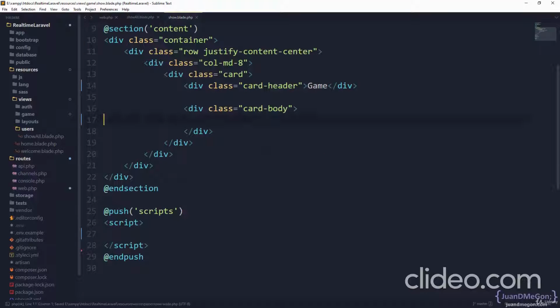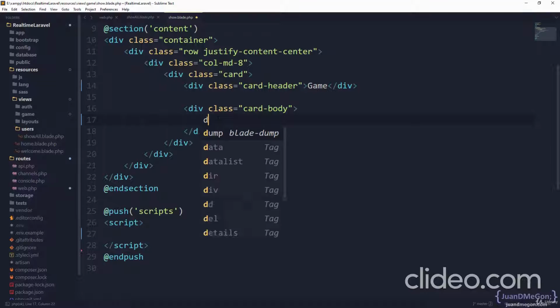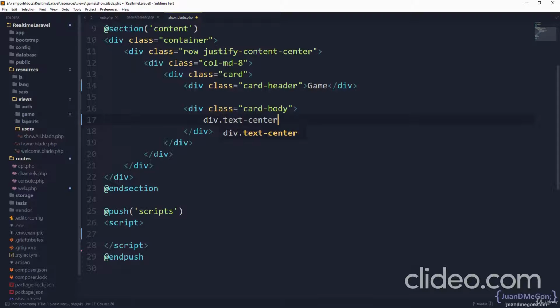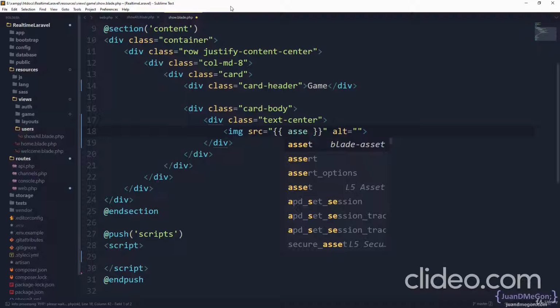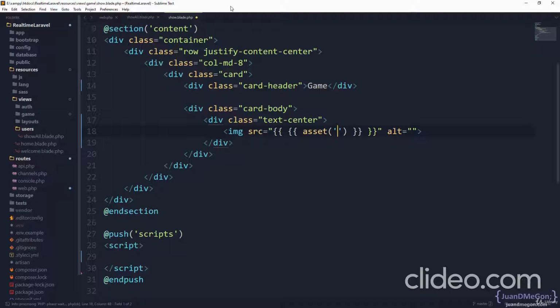So in the card body, we are going to put, of course, the contents of the game. So let's put everything in the center. So we are going to have a div with text center, and inside we are going to have the image of the roulette. So we have an image tag here, and the source is going to come from our assets in the public folder. So we are going to use the asset helper, and the path is going to be